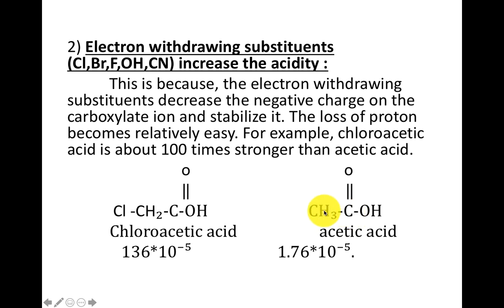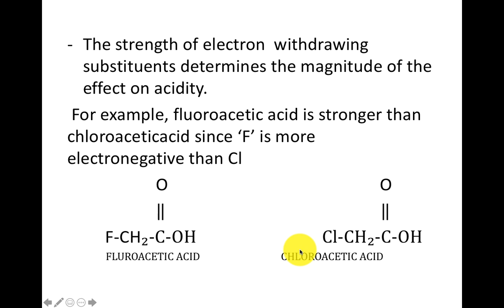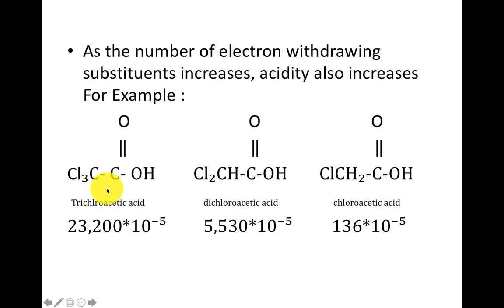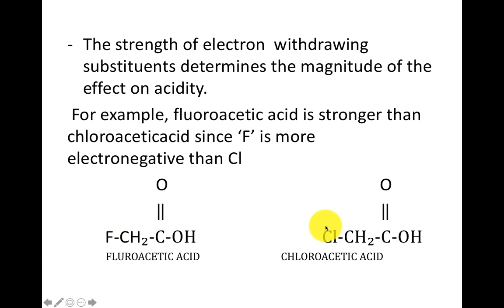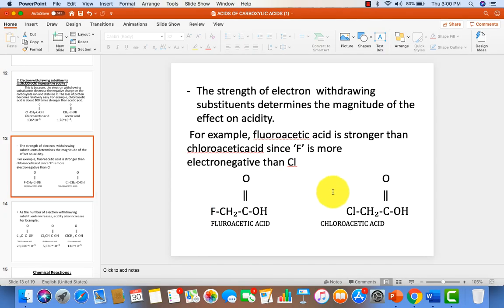In a similar manner, this acetic acid also, chloroacetic acid and also acetic acid, and within the same electronegative groups you can compare between the number of electronegative groups. In the same manner, when different electronegative groups are present, the atom which has more electronegative nature withdraws electrons faster, hence it is considered to be more acidic in nature. Okay, so this is with respect to the strength or effect of substituents on the acidic nature of carboxylic acids.